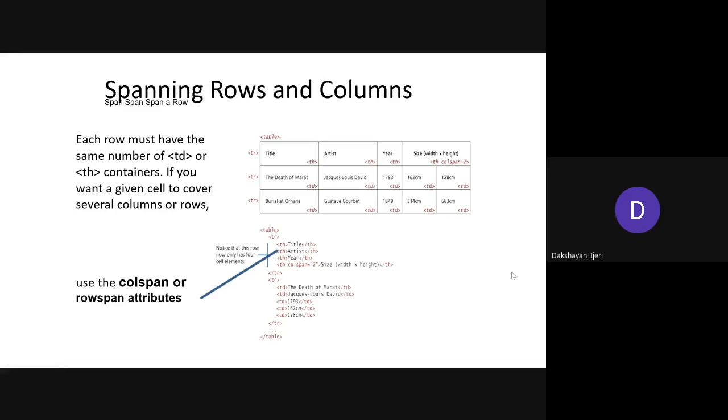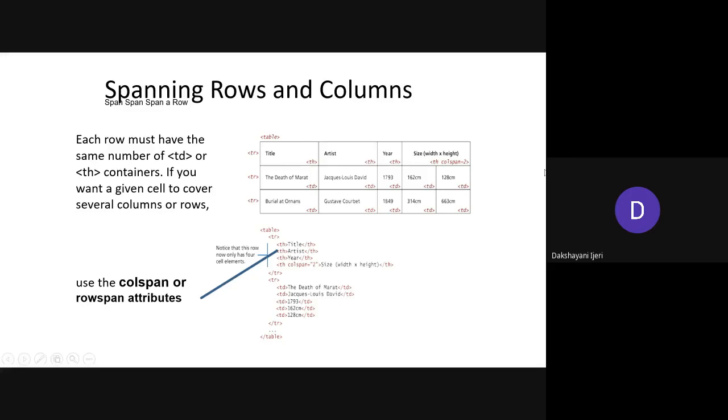So do concentrate on this concept, because the table concept is very important and a definite program is going to be asked on this. The program is not going to be only simple with the table, tr, td elements. The table will be asked with the usage of column span and row span. So if a question is framed on this concept, it will definitely be with the row span and column span concept itself. You should understand where you need to use the column span and what happens if you use it, and where you need to use the row span and what happens if you use it, right?